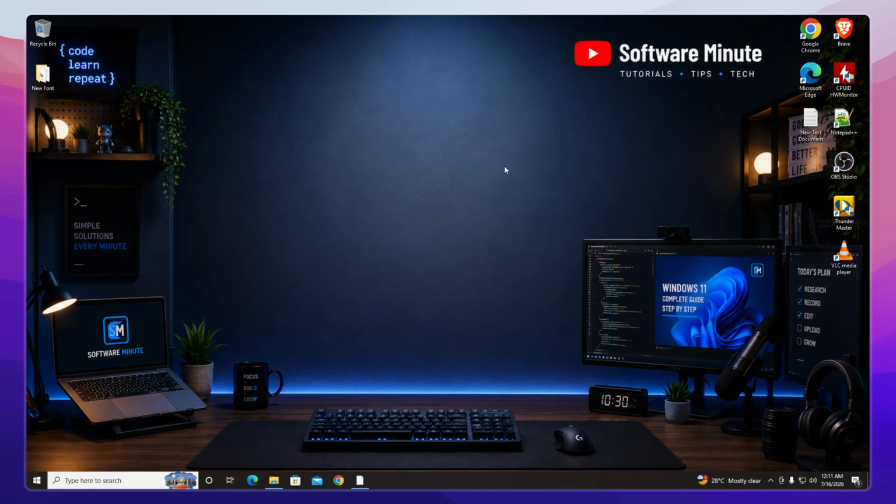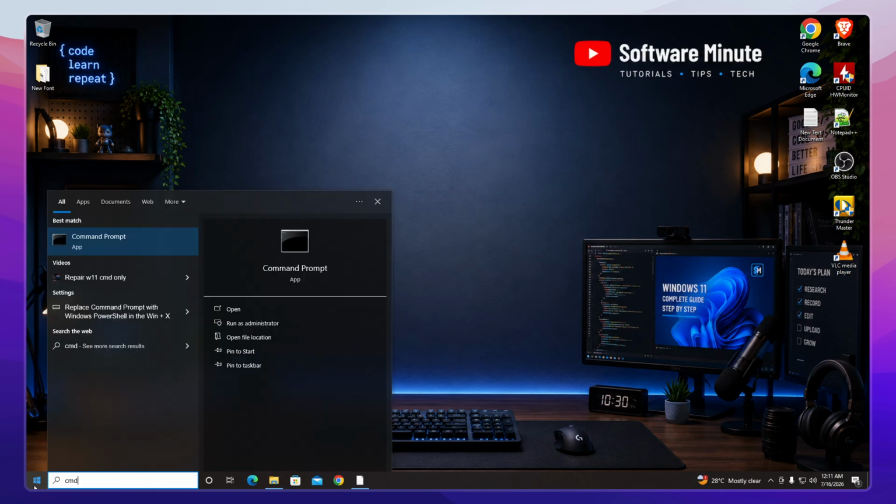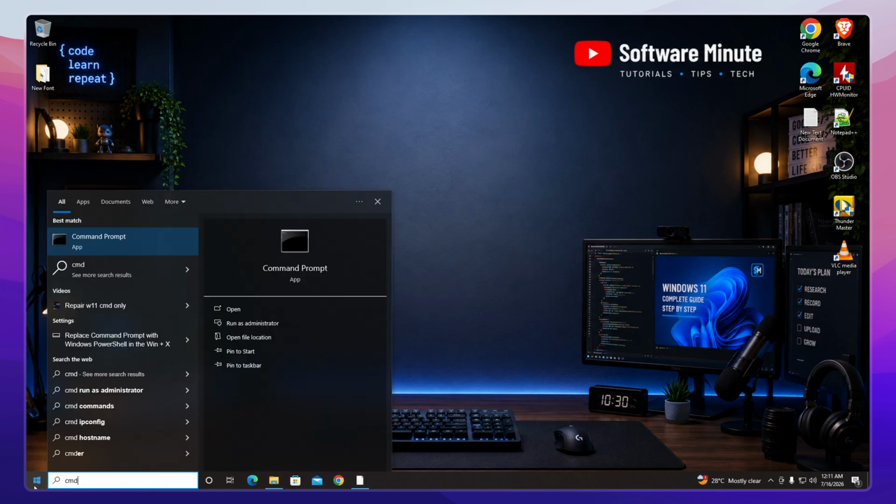Once your PC is ready and fully loaded, navigate to your Windows Start menu and click on it. This is typically located at the bottom left corner of your screen. Once the Start menu opens, type in CMD into the search bar. This will bring up the Command Prompt application, which is a powerful tool that gives you direct access to your